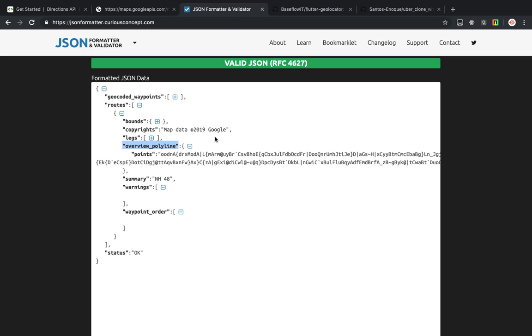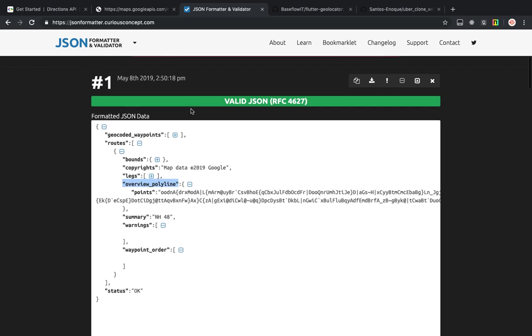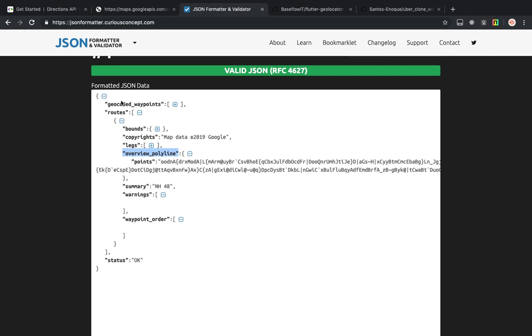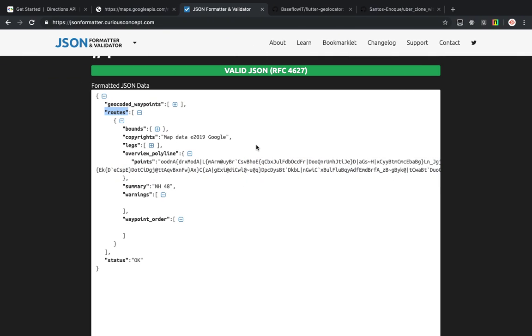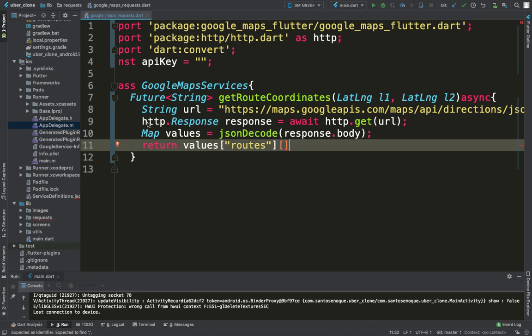I can go to the browser in here, and if you see how I have this, because this is the response, sorry, this is the map, and first we have routes. That's why I have routes here, and then if you pay attention, routes is a list, and we want the first value of that list, which is going to be 0,